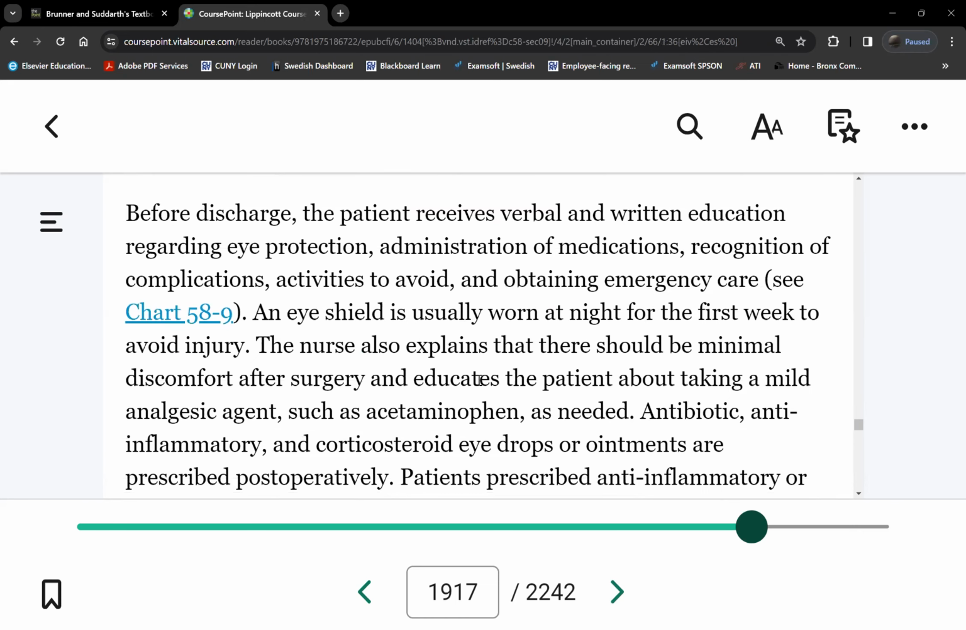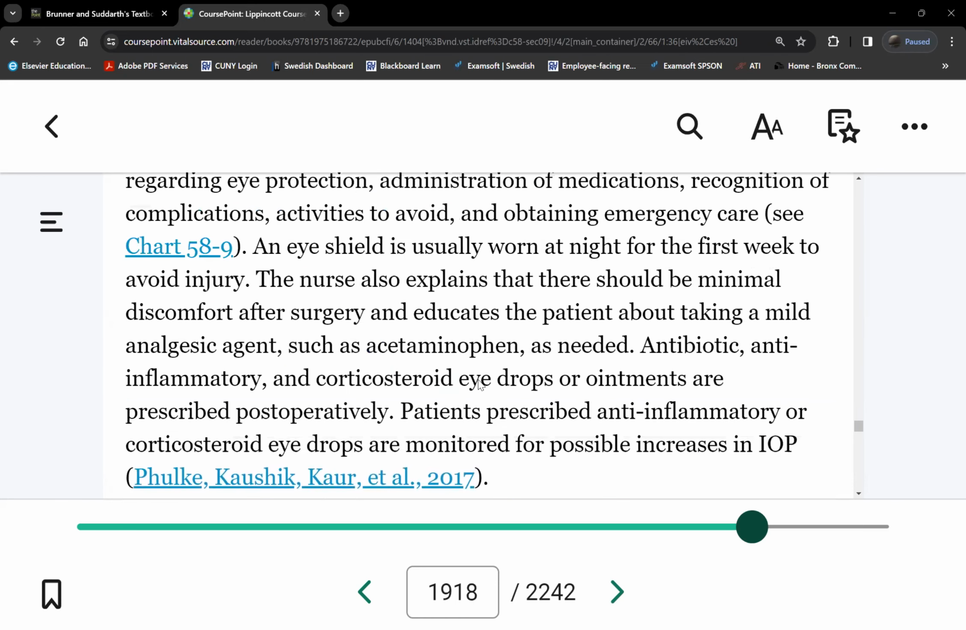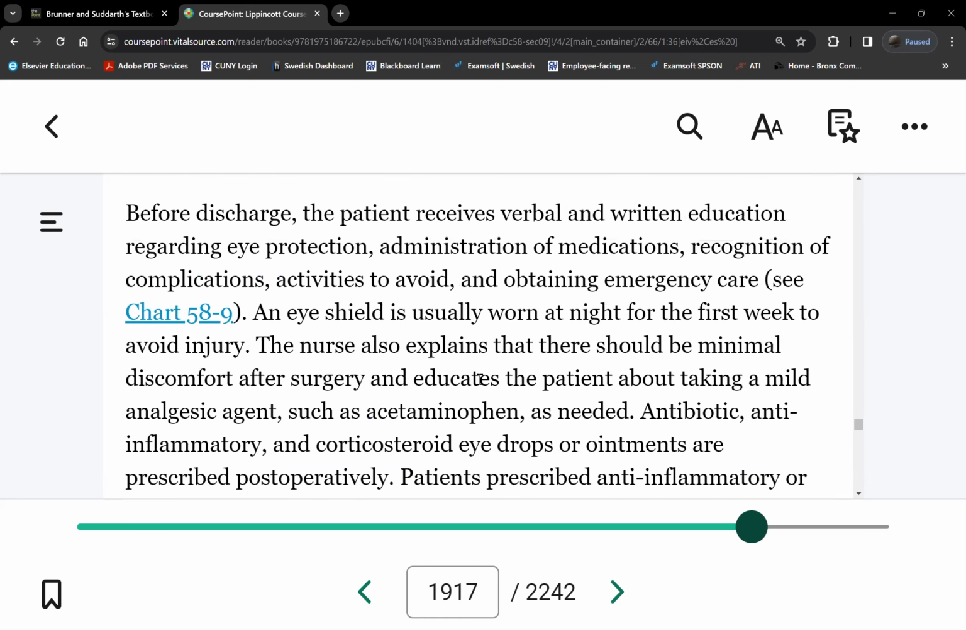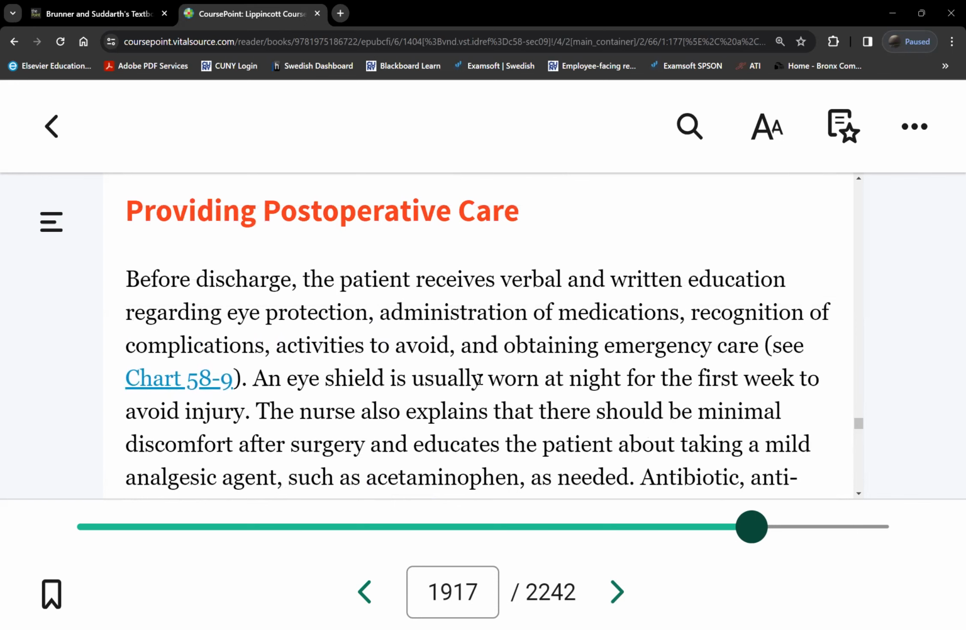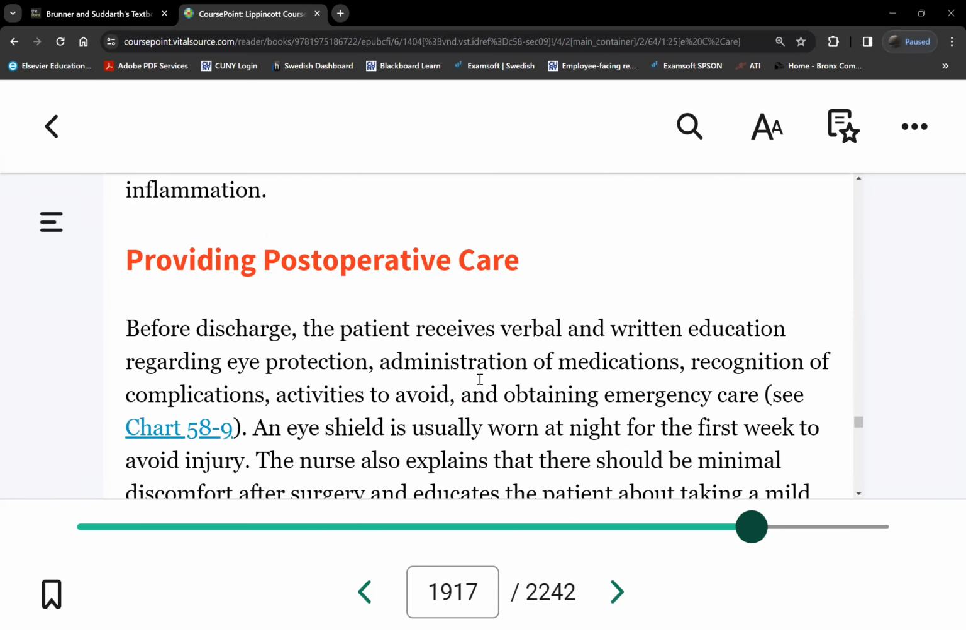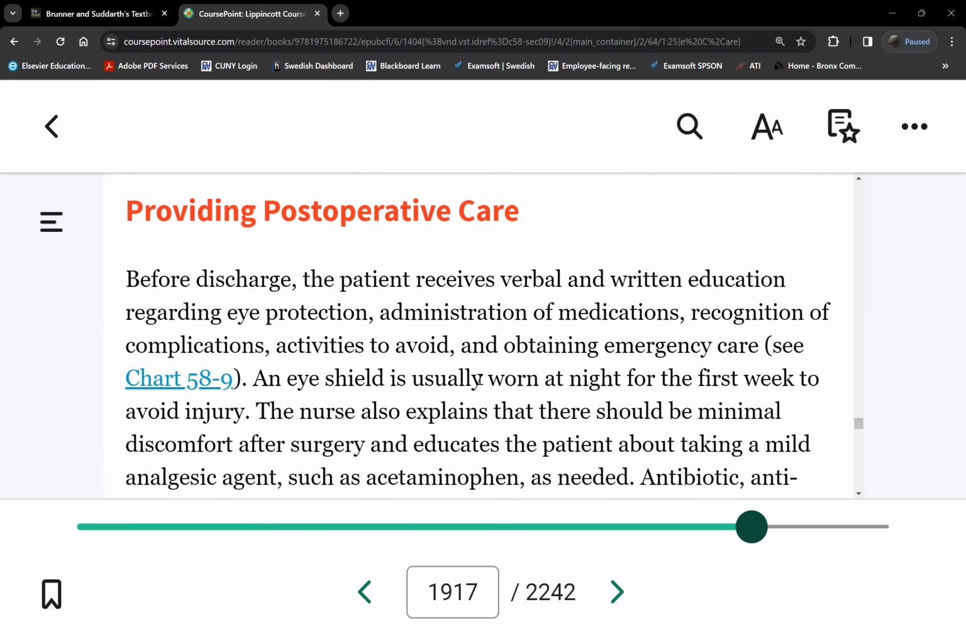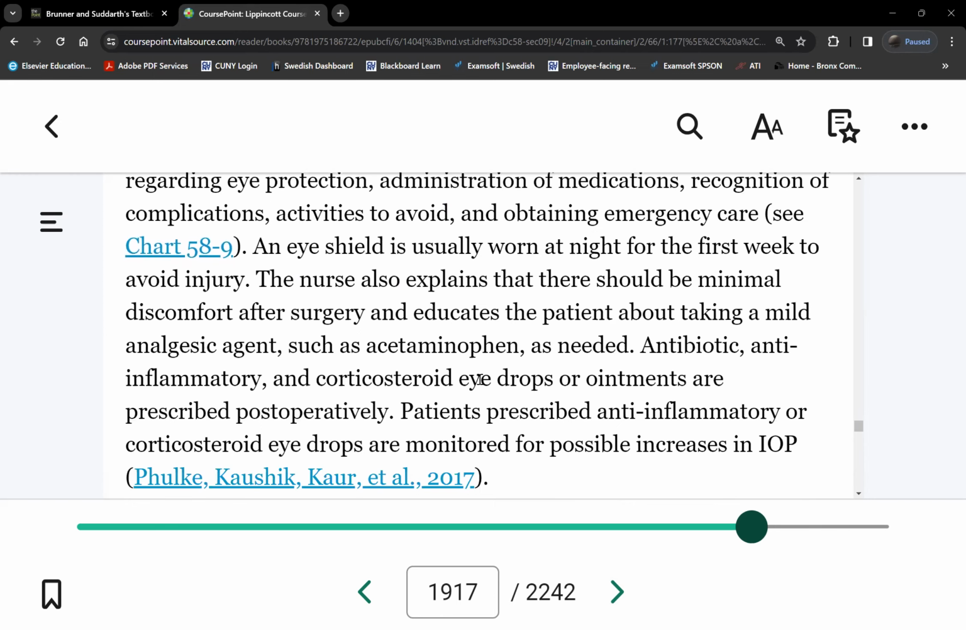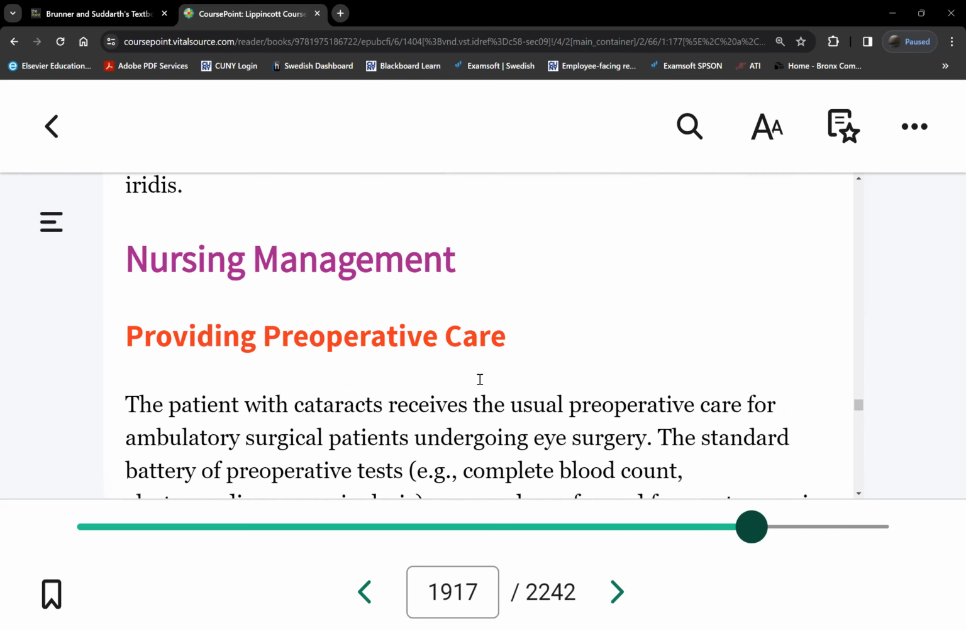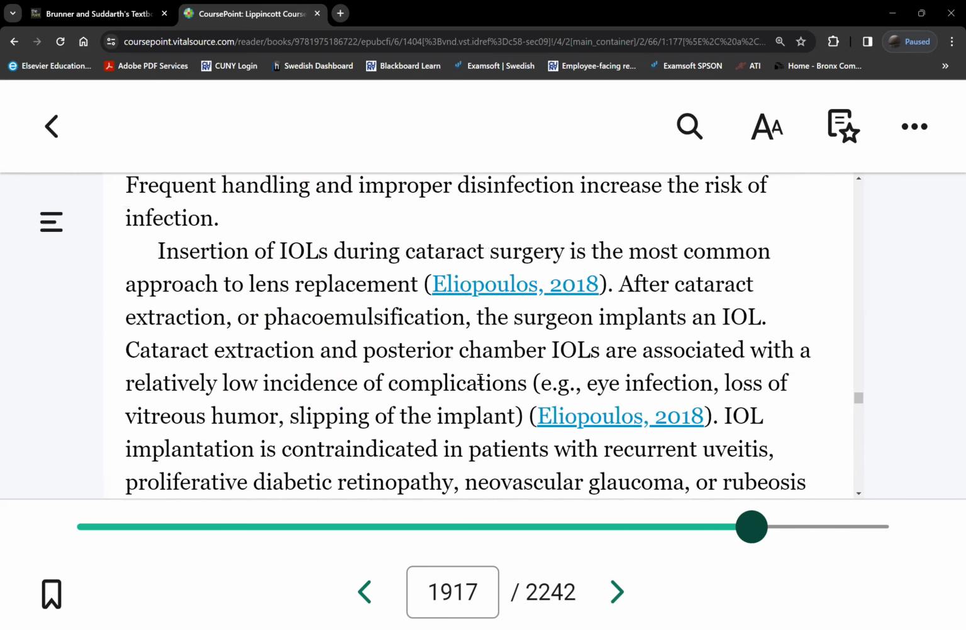Now, there should be a chart for post-op care. Eventually, there will be a chart for how to care for patients who underwent eye surgery. Okay, we'll get to that. Where? Chart 58.6. Is it above or below? Anyway, so here's the